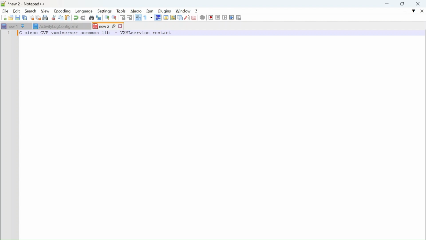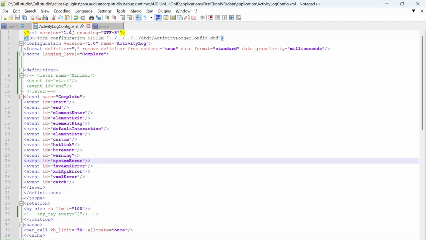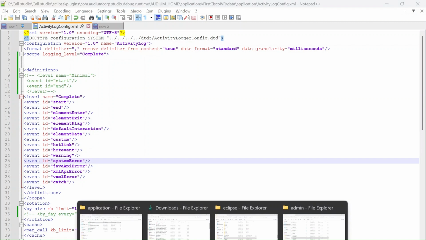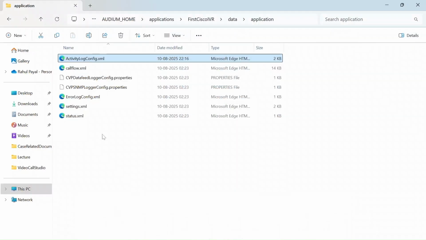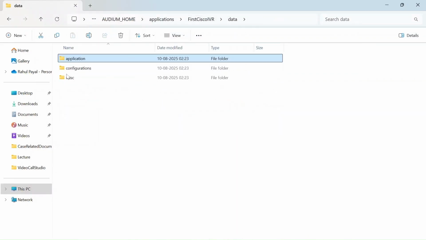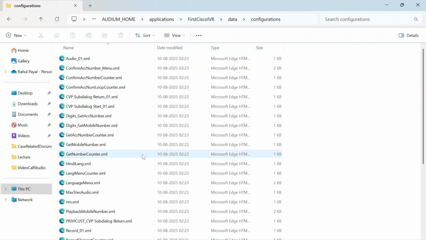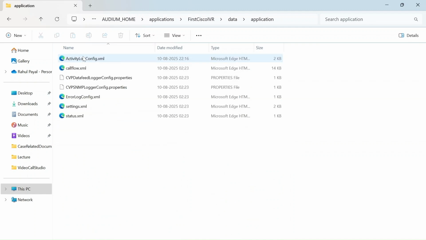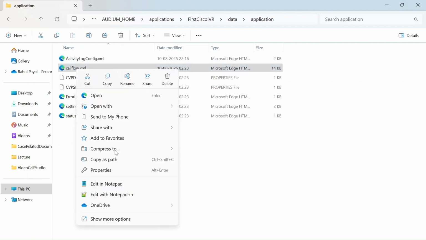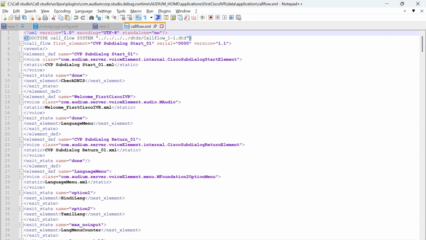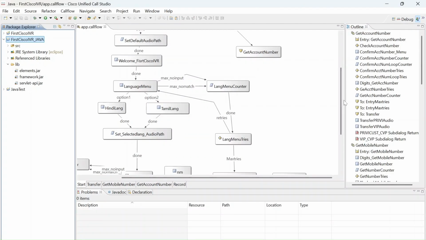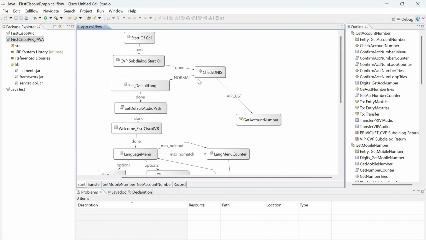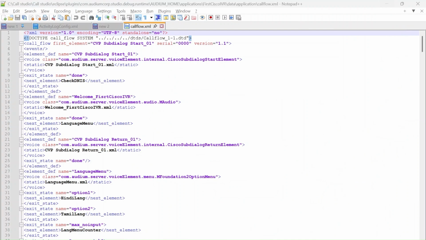Okay. Secondly, what we will do is we will see what these things do. Configuration, we already know is nothing but R elements only. MISC, we already know that this is nothing but the decision elements we created, and what is the application folder. The first thing is called callflow.xml. The callflow.xml, whatever you are doing in your Call Studio, that is the pictorial form, and the document,